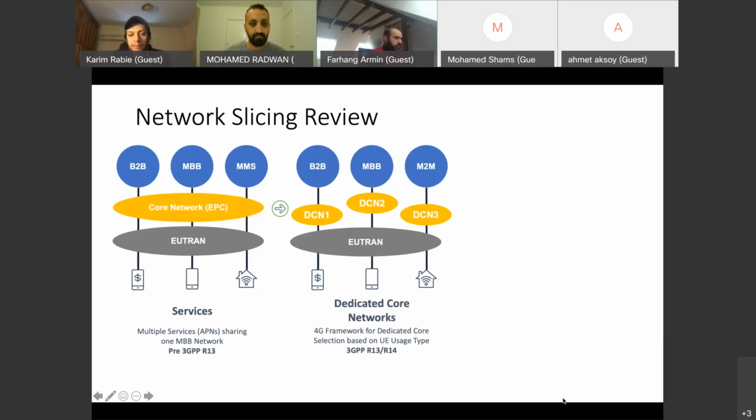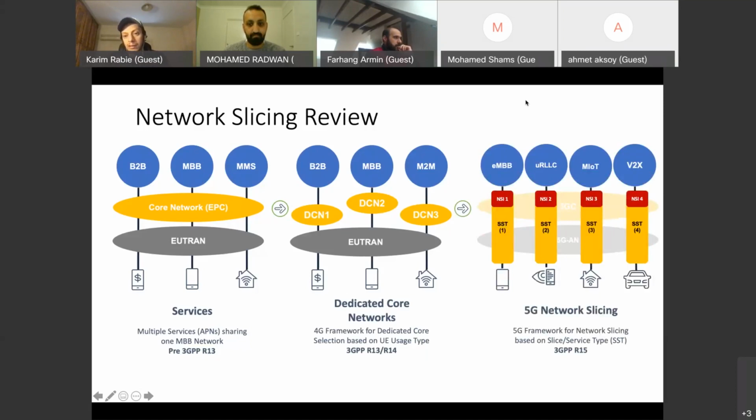But by that time there was no big adoption from the vendors themselves or from the customers, because they all believed that we are going for 5G. We don't see a big use case for that in 3G and 4G, so let's wait for 5G. Okay, so the concept has evolved